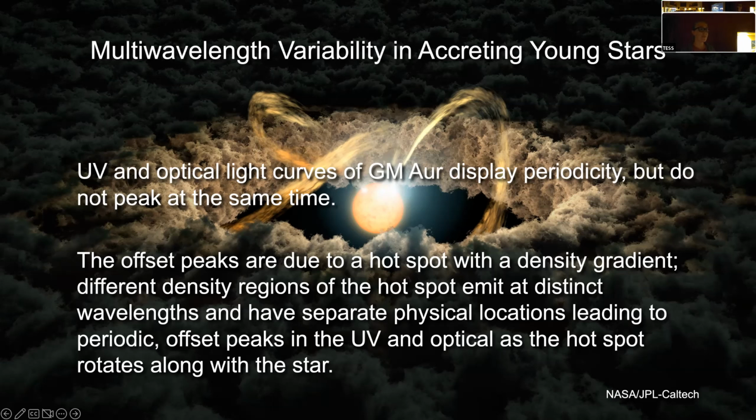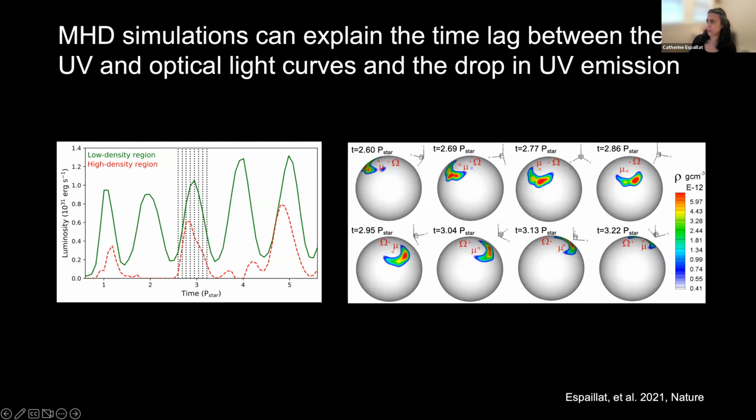Yes, Michael. Okay, so Michael asks about how the spot looks kind of blobby, but might have been symmetric about some vertical axis, and why does that lead to a time delay instead of sort of a broadening in the light curve? So I'll show this because maybe this one helps illustrate that.